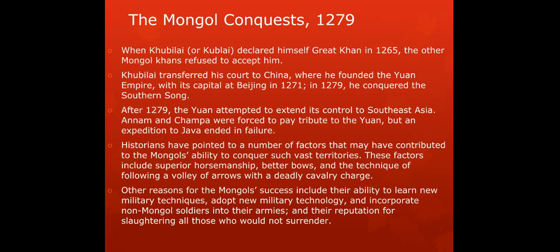And under Kublai, the Mongol Empire will expand and it will ultimately change because the empire that we've been discussing collapses in 1260. The Great Khan Empire that Genghis founded. The ruler of China at this point is Kublai Khan. And he conquers the southern Song in 1279, and he's able to unify China under his rule. He founds the Yuan Empire, the capital is at Beijing, but he declares himself the Great Khan when the others